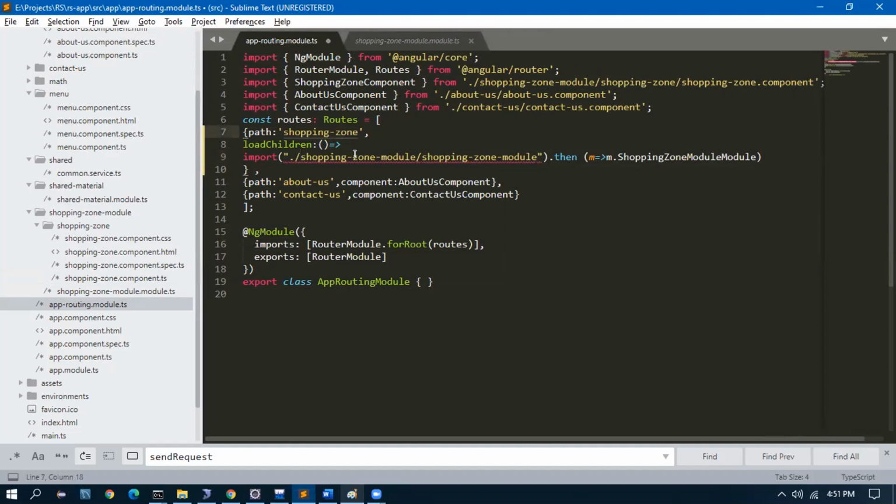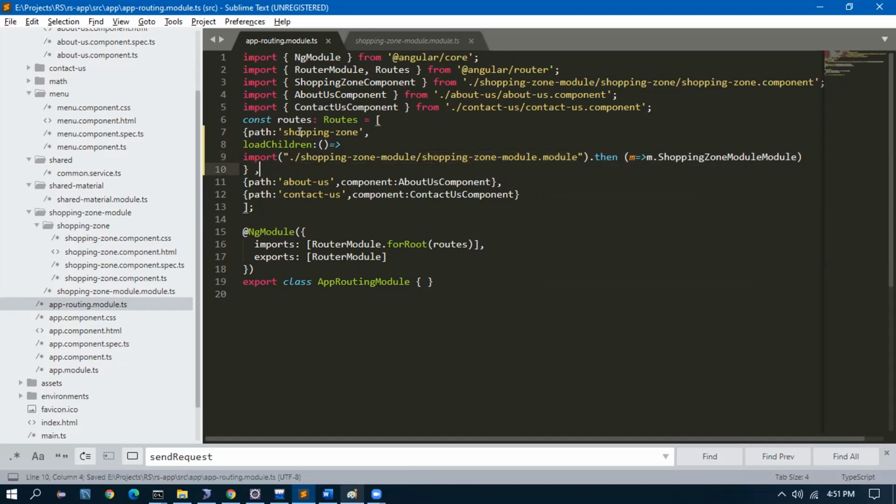That's it. Cannot find module shopping-zone-module slash shopping-zone-module.module. Okay. This is the file name. I have to give the exact name. There was a typo.